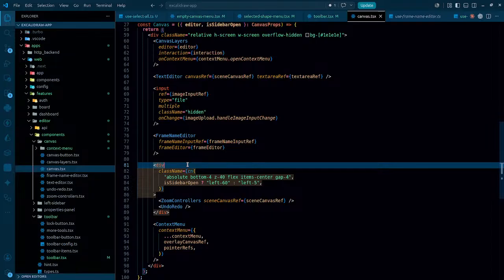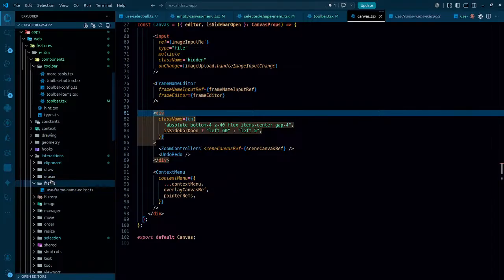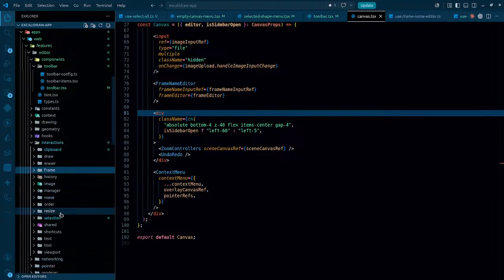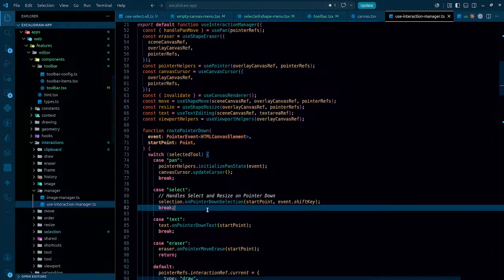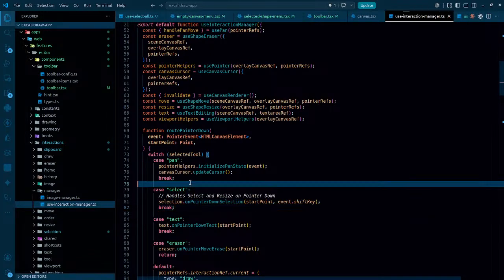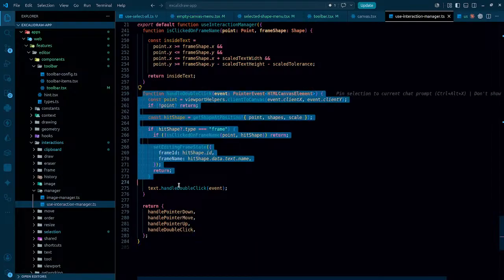That double click is actually on the shape itself. That simply means it's going to be part of the interaction manager, and double click means we must have it at the end, handle double click,